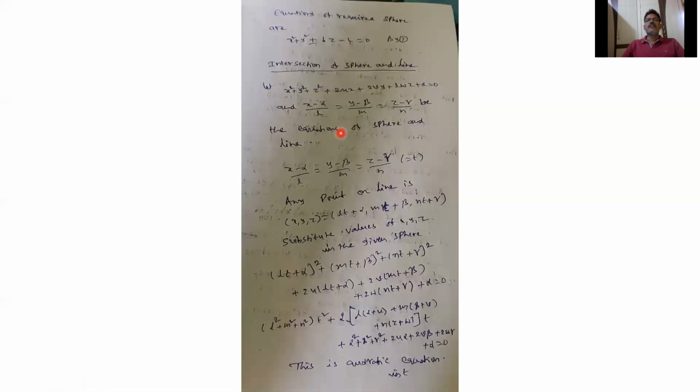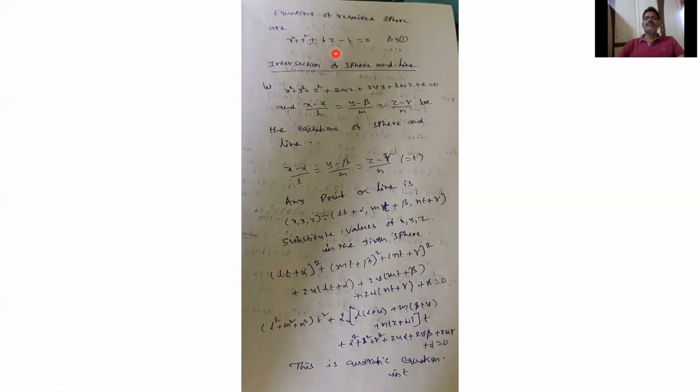So the required sphere equation is x square plus y square plus or minus 6z minus 4 equal to 0, since here lambda is plus or minus 6. So we get two equations, two spheres. One sphere is x square plus y square plus 6z minus 4 equal to 0. It cuts the given plane in a circle of radius 3. And another sphere is x square plus y square minus 6z minus 4 equal to 0. So these are the problems on circle.